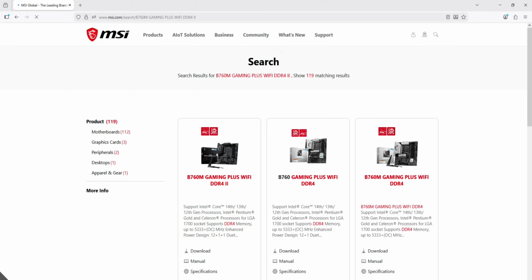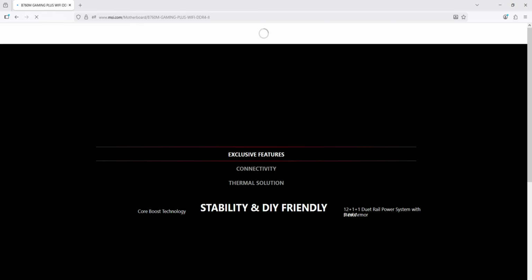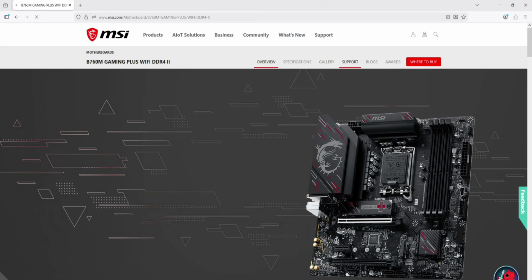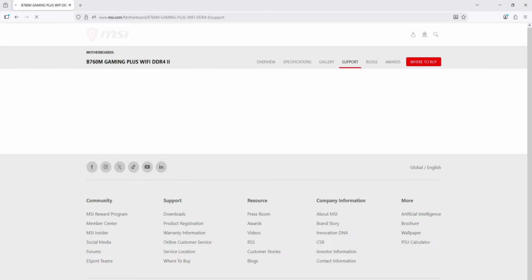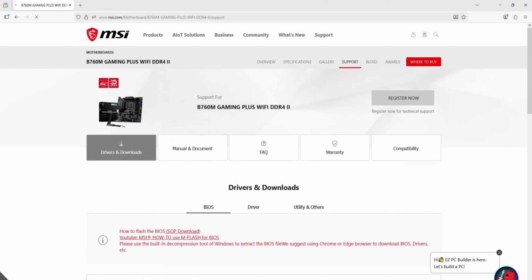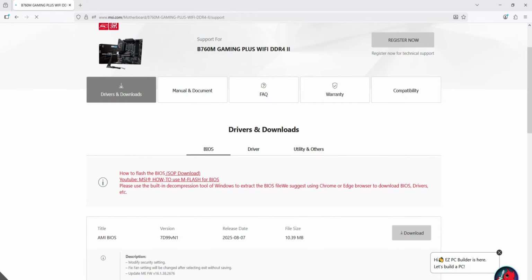So you can see this is the first one, B760M Gaming Plus WiFi DDR4. Click on it, and then click on Support. Then by default the driver and download section is selected. Scroll down, click on